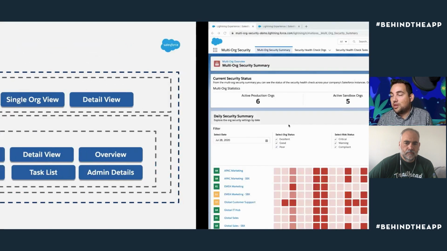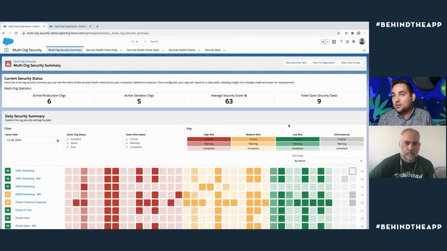Looking at the application and identifying some of those components, one of the things that I did on the app was build a universal header for the component. So we have this heading here for the page. We have this heading that shows our org statistics. We have this heading here for this section. And what we have is one heading component throughout that picks up the state from the parent container, and then